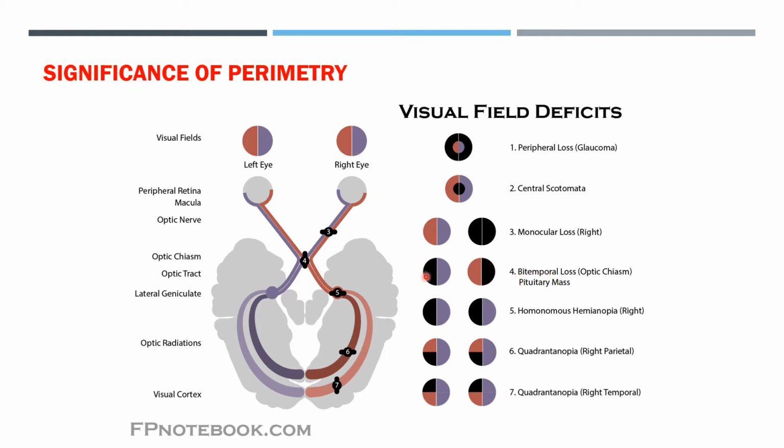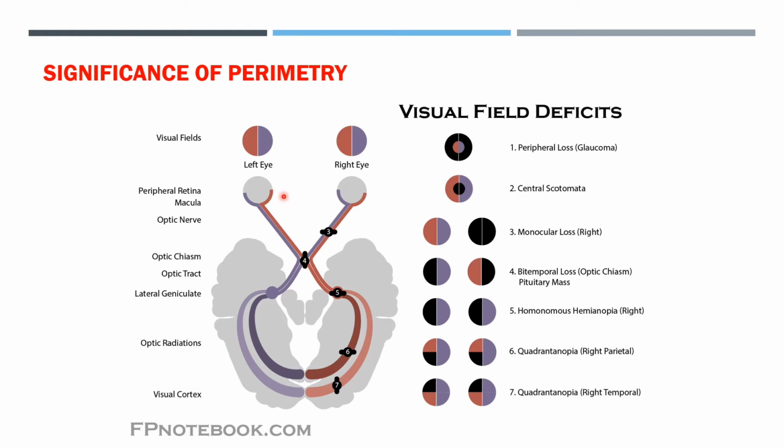The reason is that the nasal fibers from both the eyes cross over in the central portion of the optic chiasm. That is why the nasal fibers of both the eyes are damaged. Now because the nasal fibers are damaged, the temporal field of vision will be lost. The nasal fibers carry the temporal field of vision, while the temporal fibers carry the nasal field of vision. Remember this. So whenever there is damage to the nasal fibers,